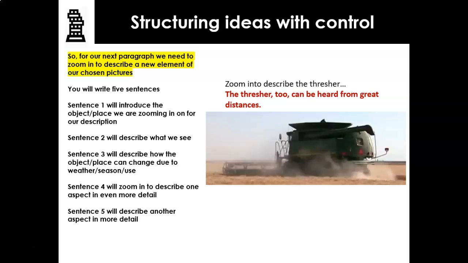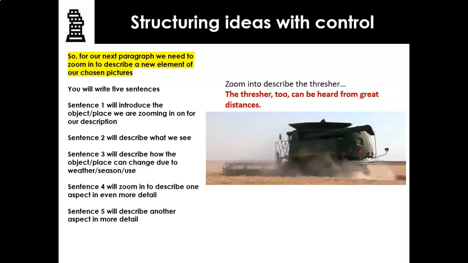So, the thresher too can be heard from great distances. That's my sentence number 1. Sentence number 2, I've got to describe what I can see and hear and experience, what I can imagine. The thresher too can be heard from great distances. The sound of a hungry engine churning through the wheat fields brings this green metal monster to life. So now I've described what I can see and what I can hear, and I'm always looking and focused on